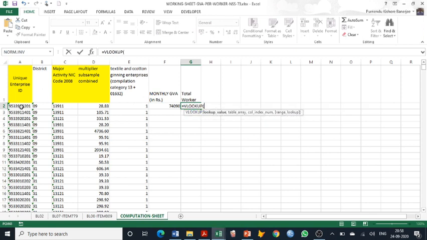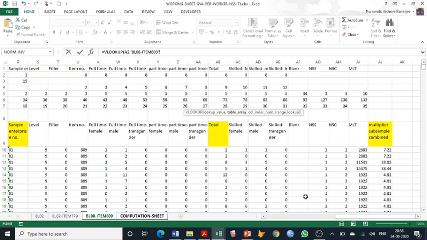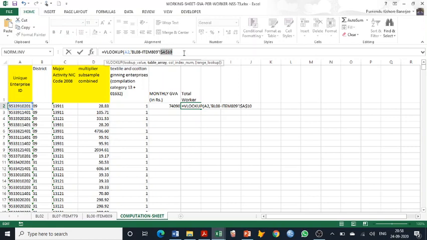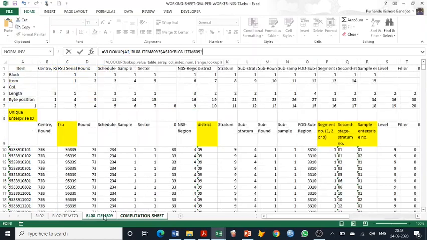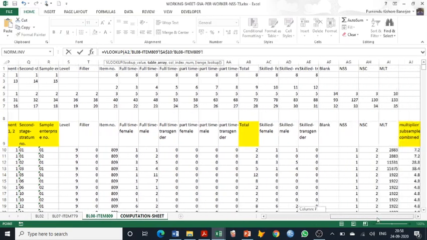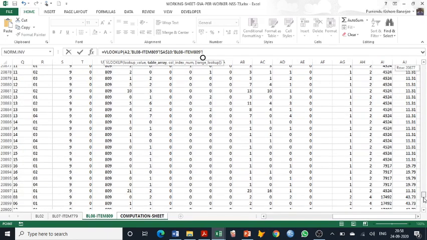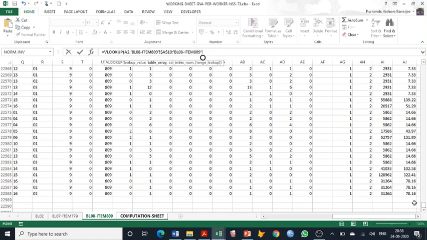Our lookup value is this enterprise ID, and then in block 8 we start from this F4, let us take the entire thing, it really doesn't matter.